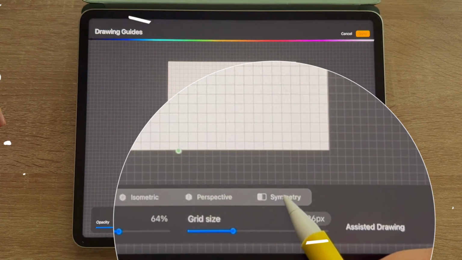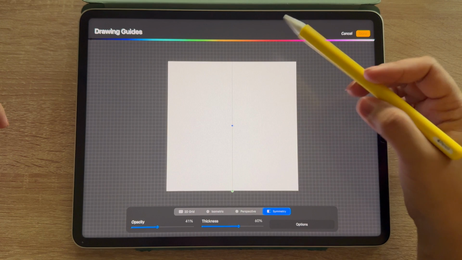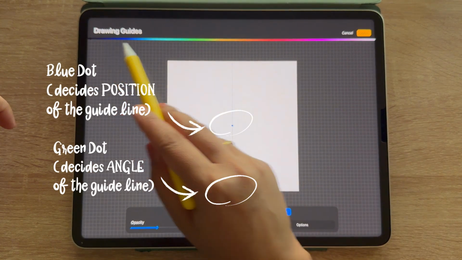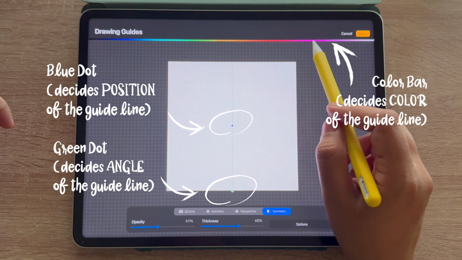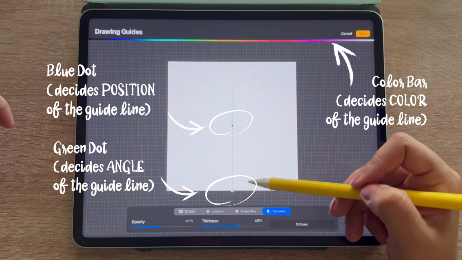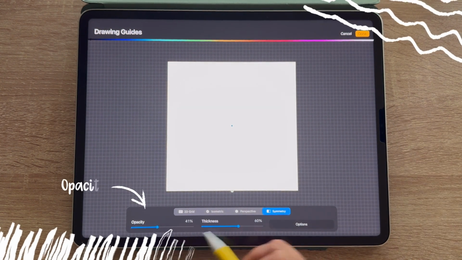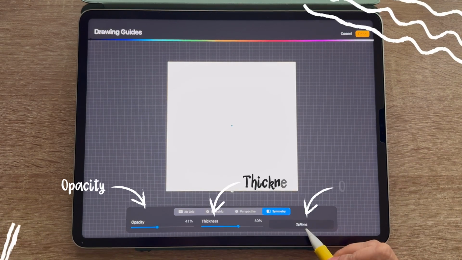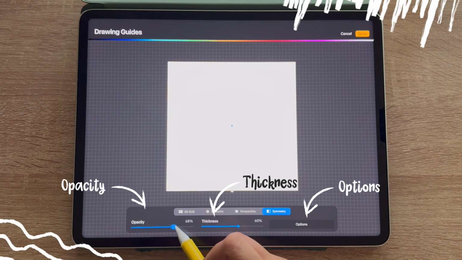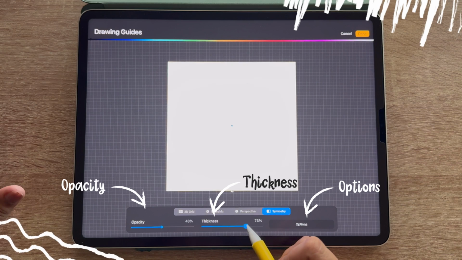Now, when you tap on the symmetry option, you'll see one vertical line with one blue dot and one green dot. You have one bar on top that basically decides the color of this particular line. So, color of the guide. Here you can see the opacity slider, thickness and options. Opacity basically decides what opacity you want to have for this particular line, what thickness you want to have,